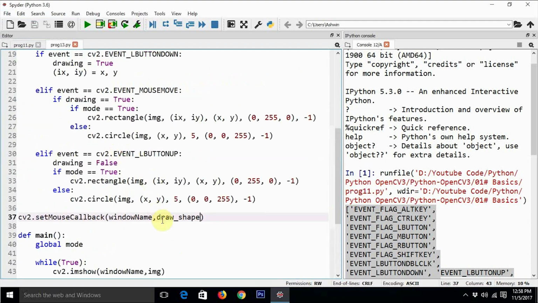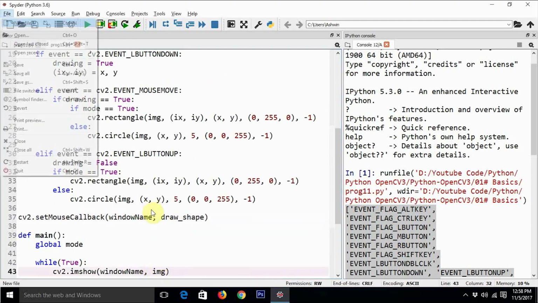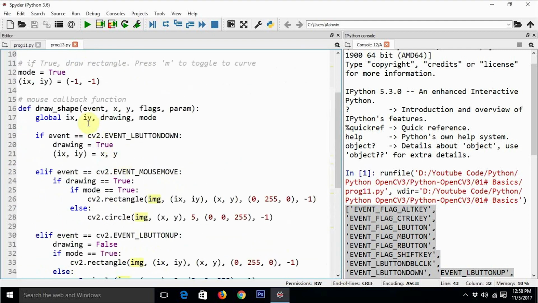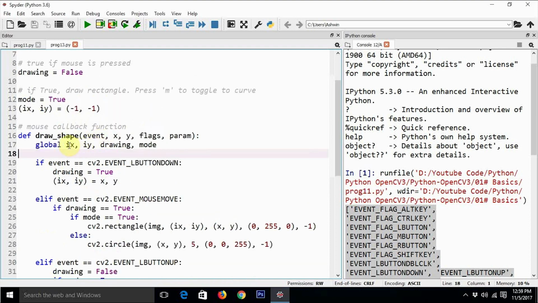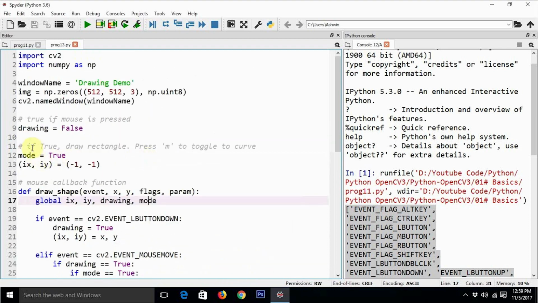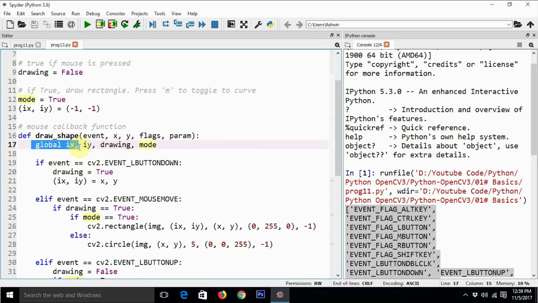Okay, draw shape. So here I'm defining a function draw shape, and this is a mouse event callback function. It has got 5 arguments, as we know: event, x coordinate, y coordinate, flags, and parameters. Anyway, flags and parameters are not supposed to be used. So event is going to store the state of event, I mean what event is happening. And see, we are here using the global parameters ix, iy, drawing, and mode. So we have already defined drawing, mode, ix, and iy. So we are kind of importing them here. It is actually directing our function to use the global parameters instead of creating a copy of these parameters itself.